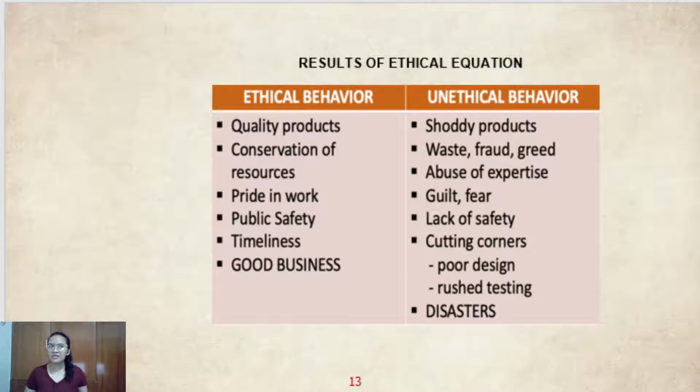On the left side is the ethical behavior that an engineer should do, while on the right side is the unethical behavior. In the ethical behavior, an engineer should always use quality products because